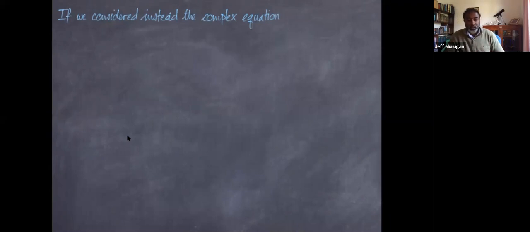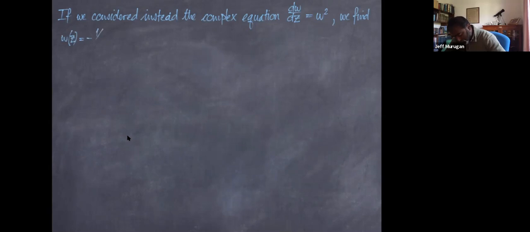But we're trying to just build some intuition for what's going to happen with less trivial problems. So I want to consider now the complex differential equation dw/dz equal to w squared, right? Here we would find that w of z equal to minus 1 over z is a solution